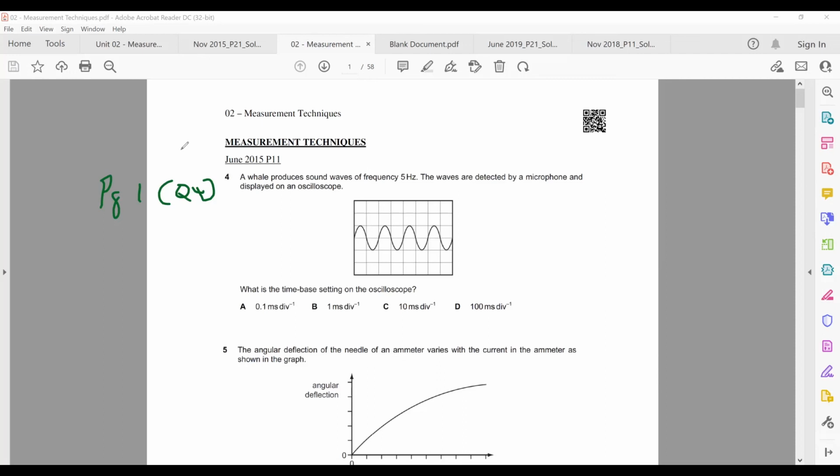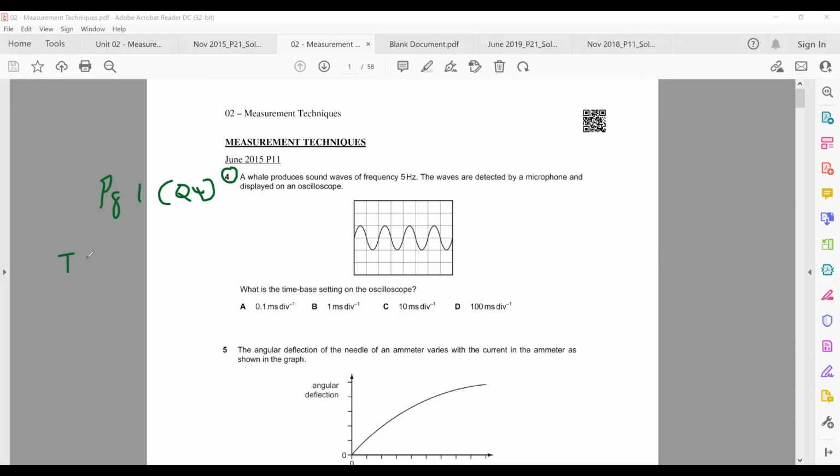What is the time-based setting on the oscilloscope? Yeah, I need to change a bit about the wordings. Okay, page 1, question 4. You have a wave that produces sound waves of frequency 5 Hz. The waves are detected by a microphone displayed on an oscilloscope. What is the time-based setting on the oscilloscope itself? Right, so